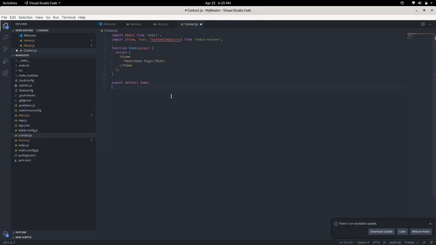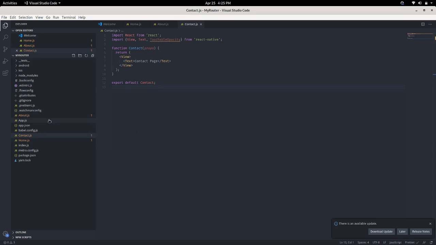So our page is the contact page. You can change function names also, although it is not required. Now we created some sample pages.